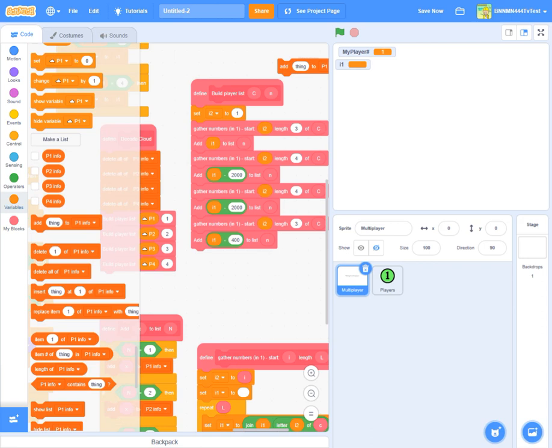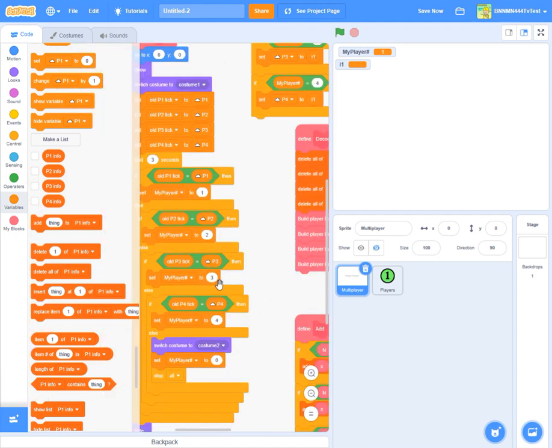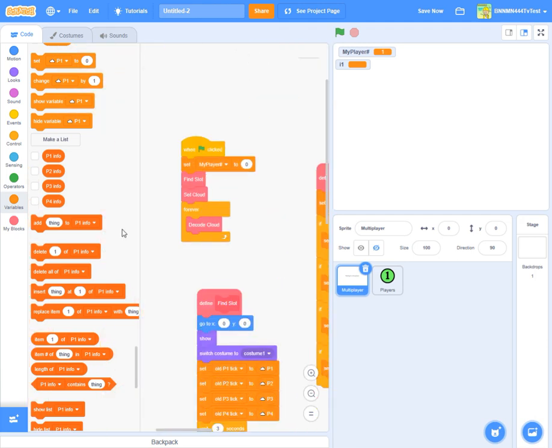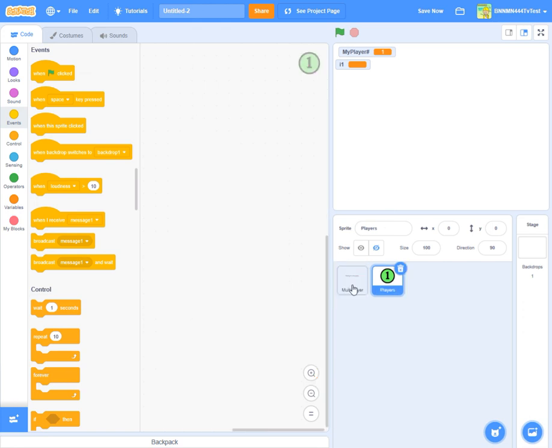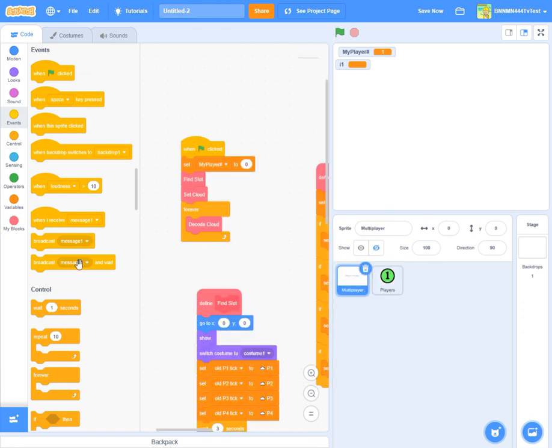Alright, so that's our decode cloud block. And now we just set it. Oh wait, so we got our decode cloud, so that just breaks it up into the lists. Now we have to get our players working, because we have the list, we just need to tell them where to go. So we need a broadcast